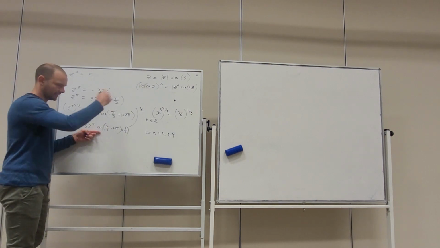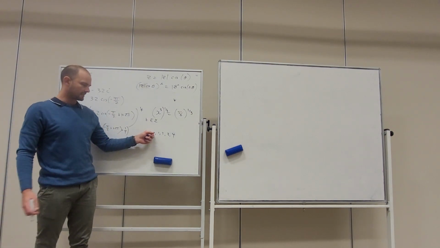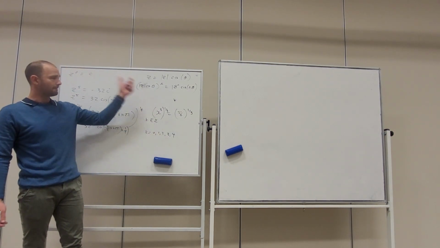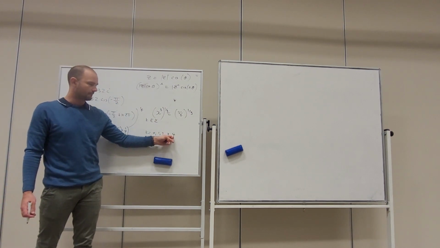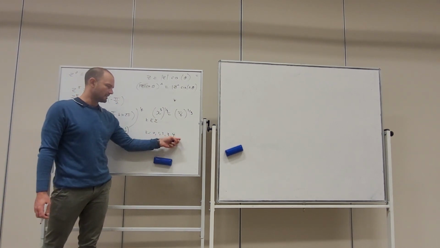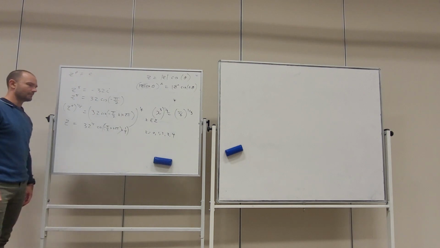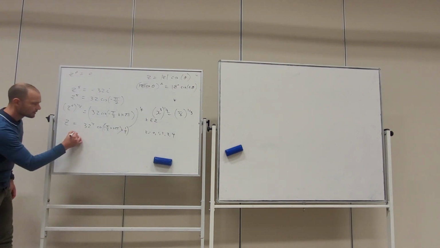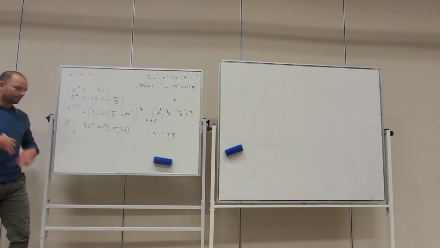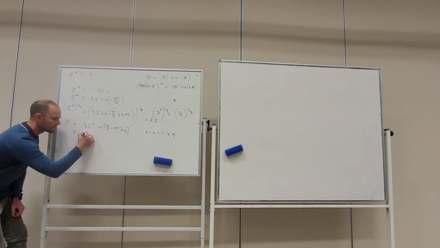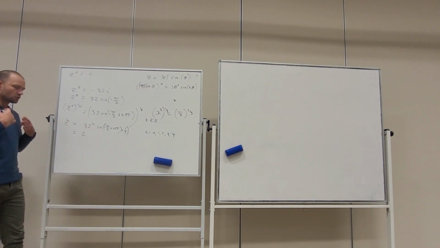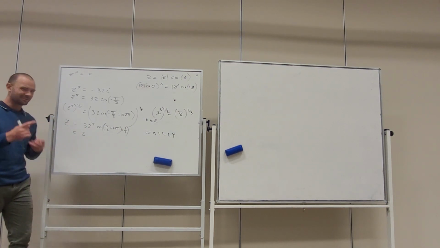Because it's periodic, it's just going to keep repeating itself. But I think we start at 0, and here we have 5 roots, so we go from 0 to n take 1. 5 take 1 is 4. All right, now 32 to the power of a fifth. The way I think about this is 32, that's 2 to the power of